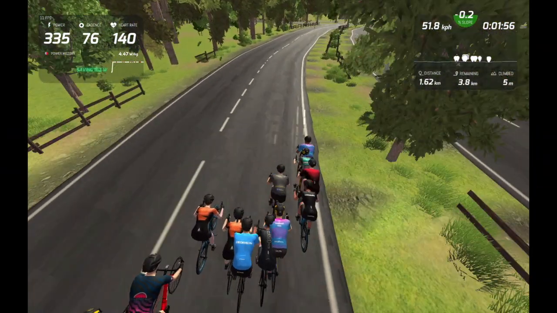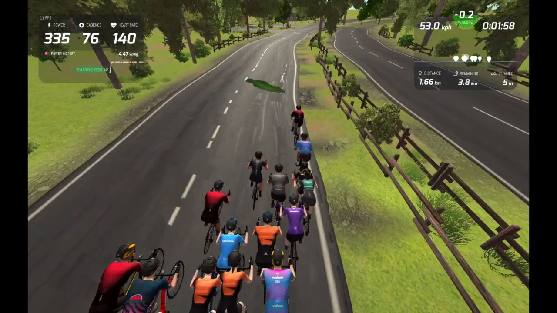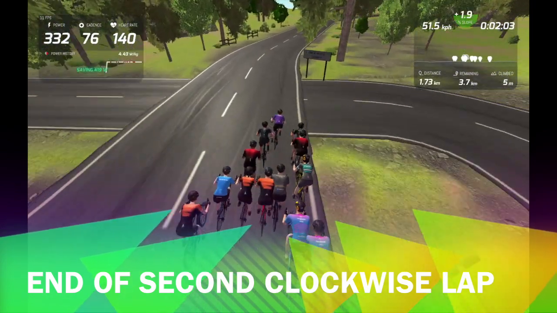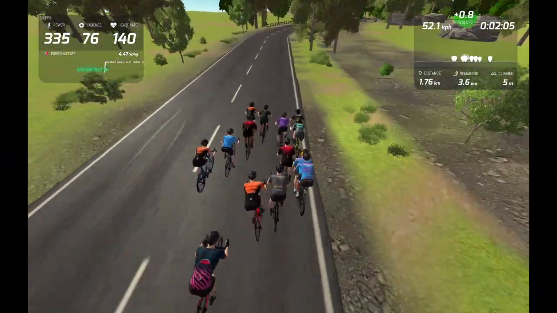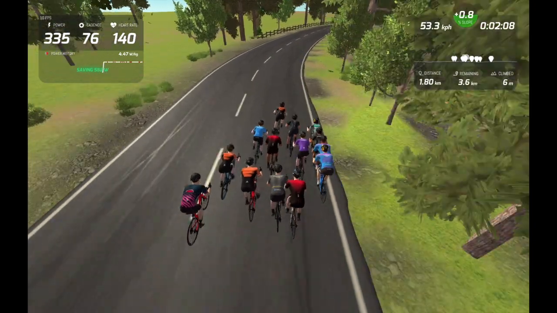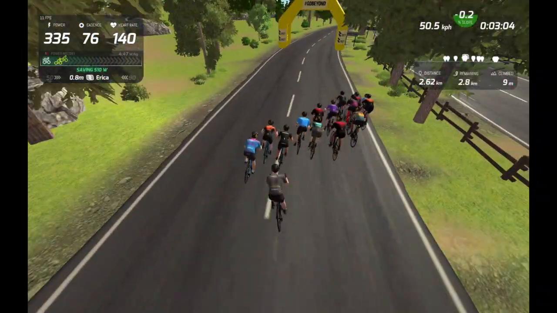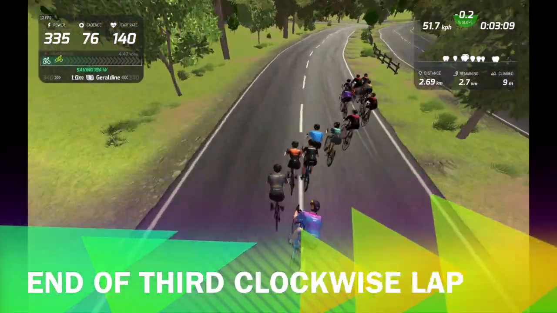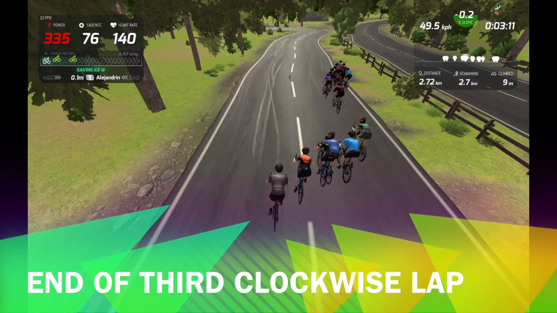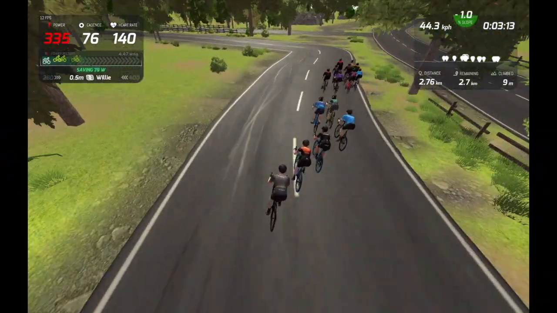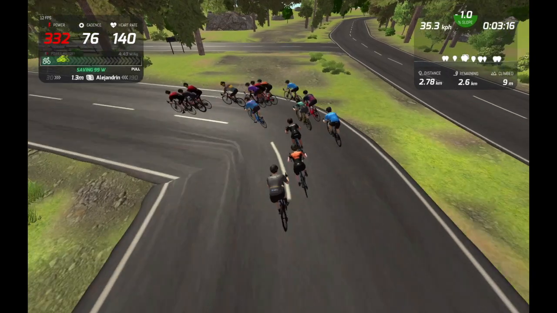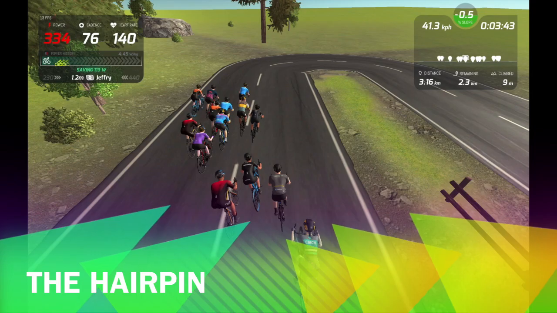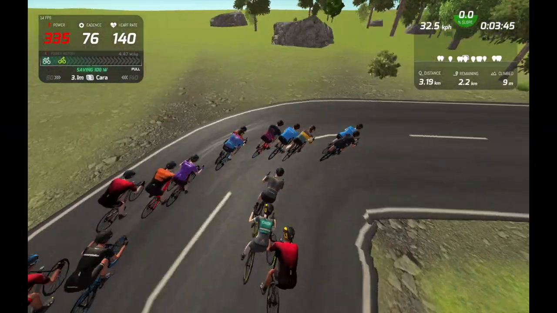So here we are, you can see them going around the outer circle clockwise. We're going to continue going around because this is the end of the second lap. So let's let our bots speed forward, go on to the third time around, and you can see that this time we come up to the junction and we are going to make the left turn here to go out towards the gate, and then we go up to the hairpin bend, we go around the hairpin bend, we come back in on the same piece of road,